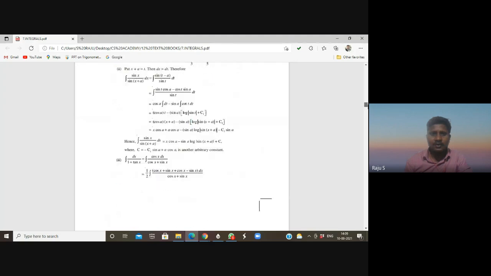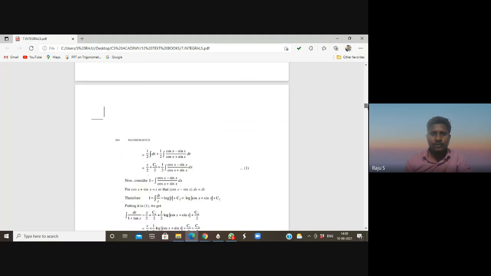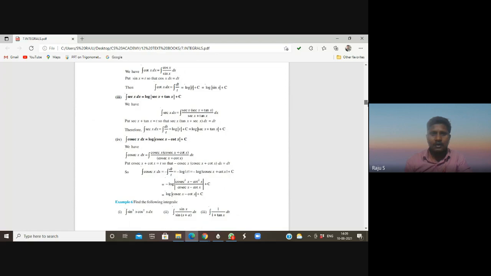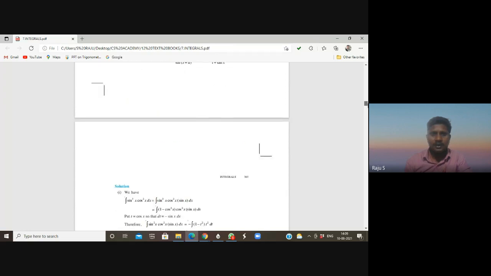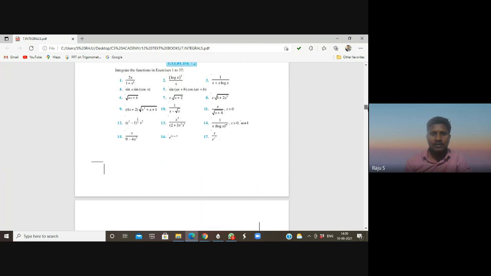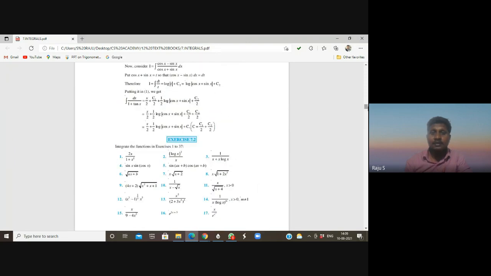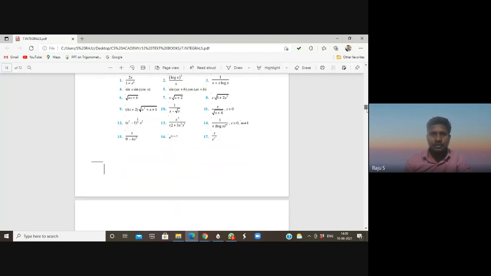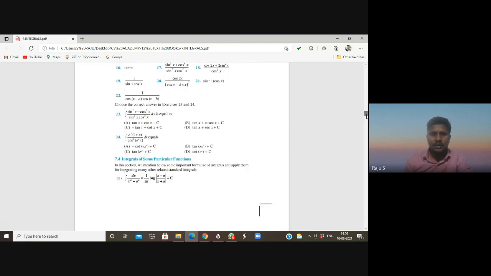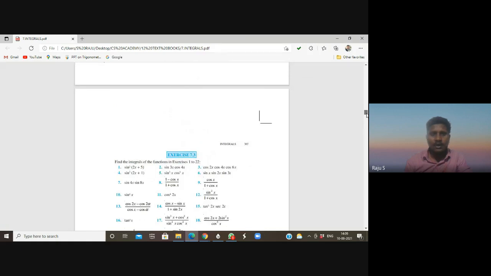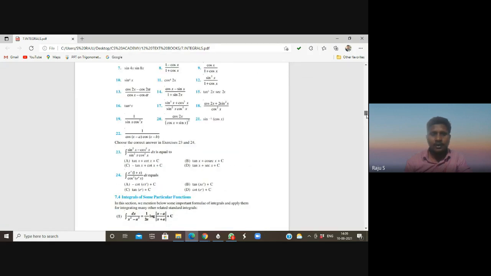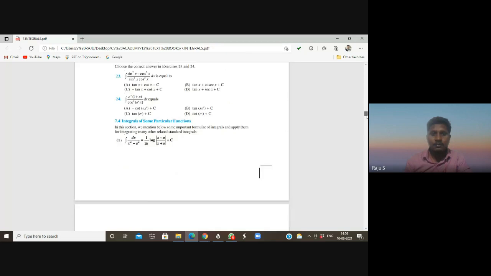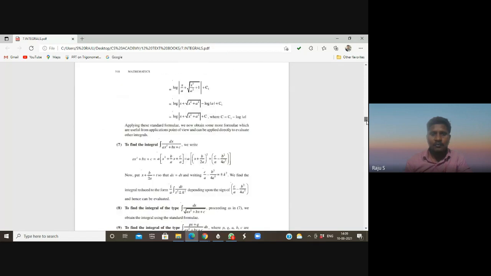The second exercise we can do with the help of the formulas I already wrote: integral secant x, integral cosecant x, everything I have written. The second exercise is the substitution method. And the third exercise, also we cannot use the UV rule. We can go through the general procedure. And the fourth exercise,